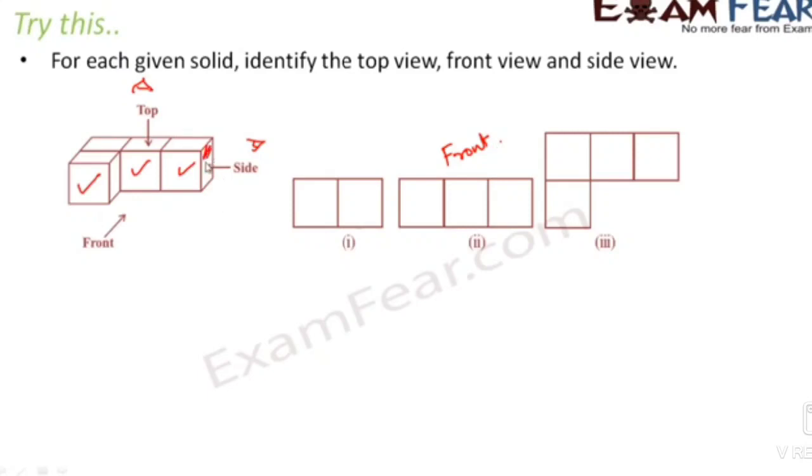What is the side view? In the side view we can see only this much and this much. Other things I can't see from the side. Okay, you have to imagine that in the side view we can see 2 squares, and on the top how much portion can we see? These 4 squares. But see the position of that. That means this is the fourth one.